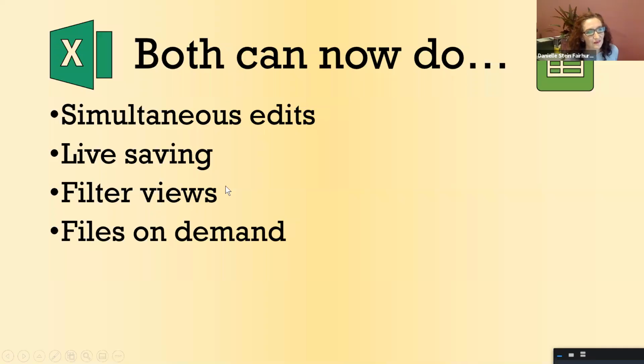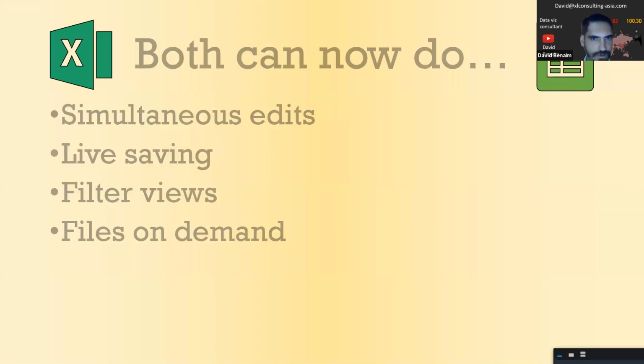Hey, David, we just got a question. Would you mind just specifying as you go through them, whether the features are, so what you've been doing, is it just 365 or is it the other versions? Yeah, good question. Everything that I've done so far in Excel is only Office 365. And that is because co-authoring is only in Excel 365. Most of this stuff's not coming out in the standalone version, is it? Not sure. There's a small chance that these exist in Excel 2019, but I really think it's only 365. I'm not entirely sure about that one.